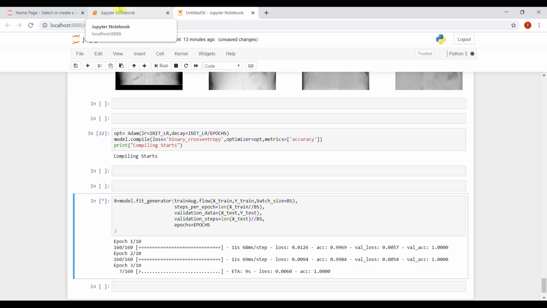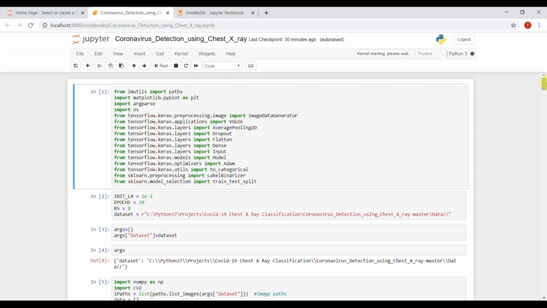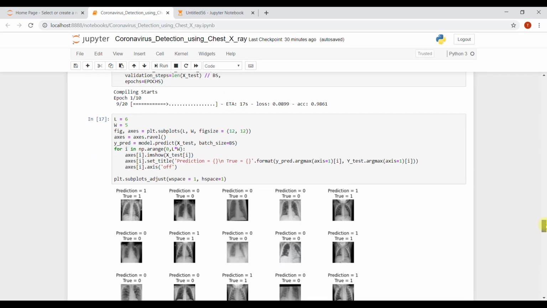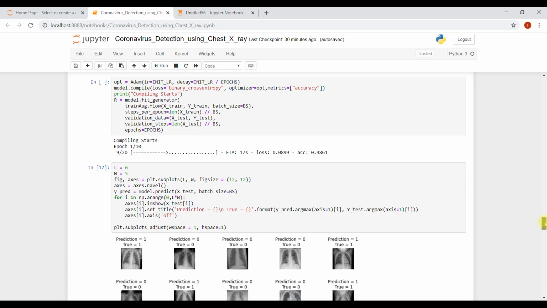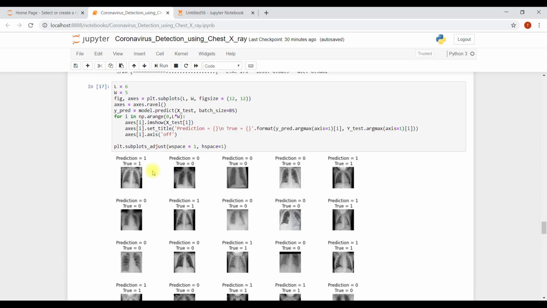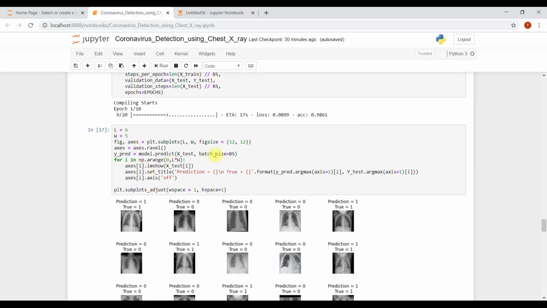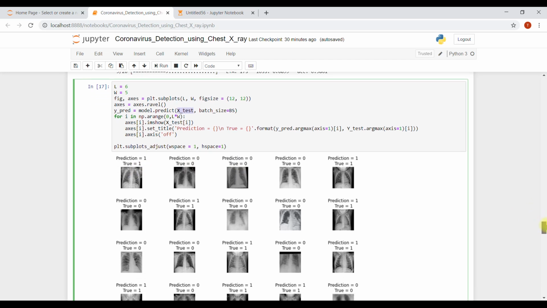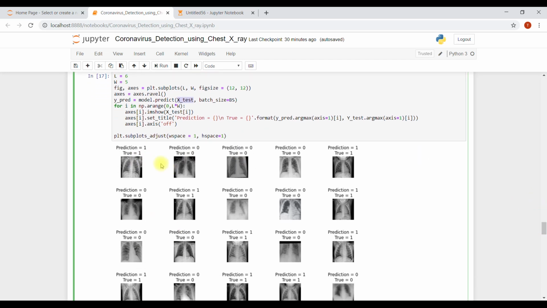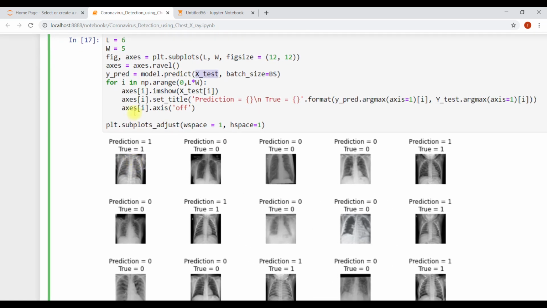After training, now you can test it. It will predict on the X test data, and you can actually make a graph, make subplots like this, showing in the X test what is the true value and what is the predicted value.